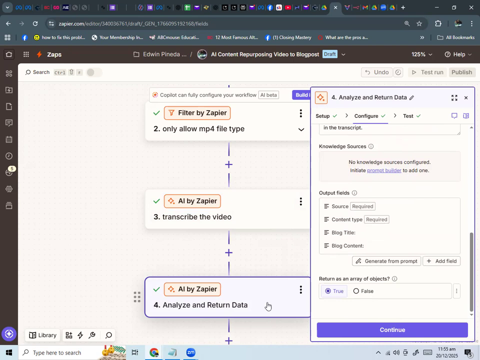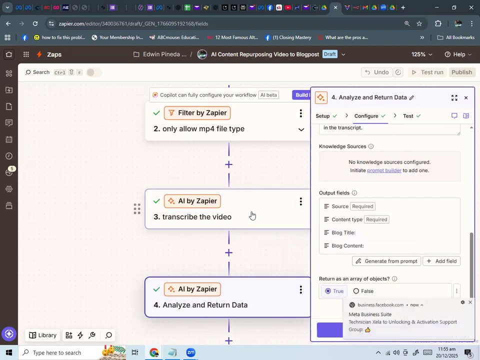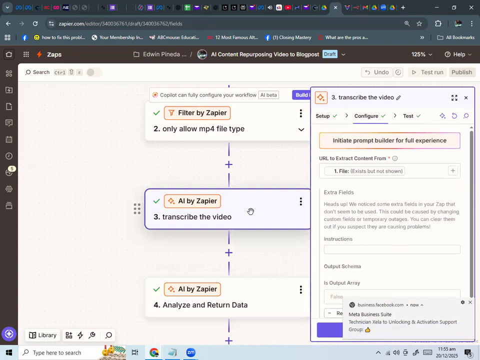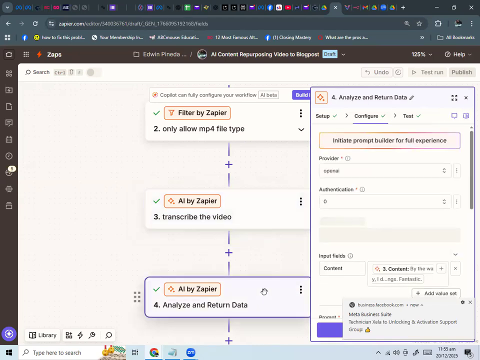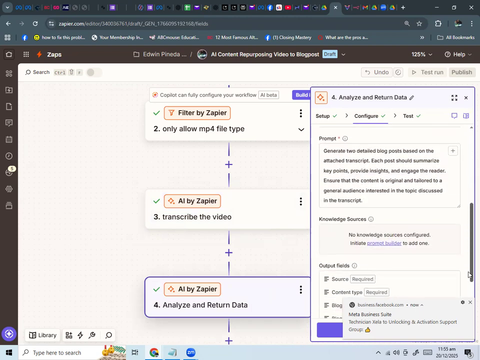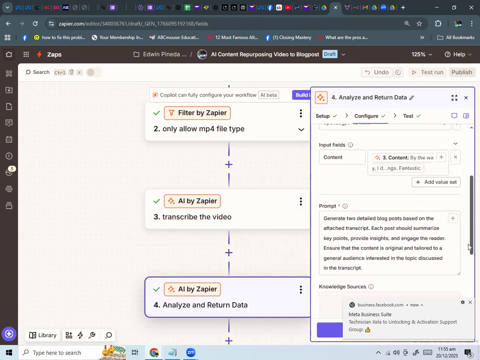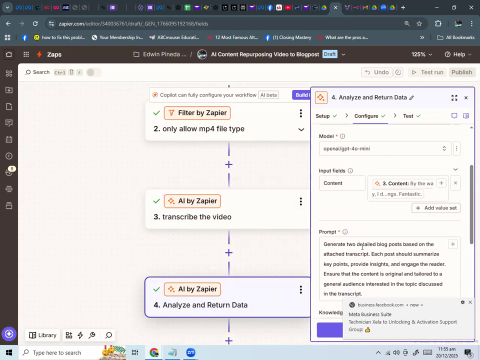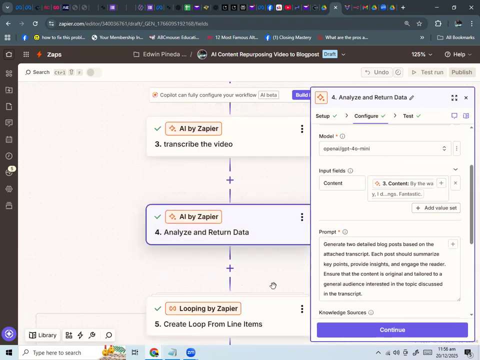As I told you, the first step in this workflow transcribes the video into text, and the next step creates new blog content with the blog title and the blog content. There are two blog contents that will be created in this workflow.